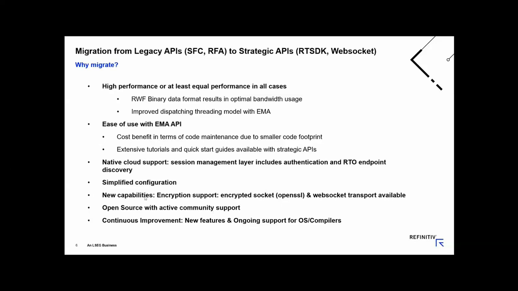Of course, there's encryption available with RFA as well, but we now have encryption available with OpenSSL, that works on Linux and Windows. And when you are connecting to a load balancer, let's say in AWS, you want to use that rather than the WinINet connection that's available with RFA, because the WinINet actually makes two separate connections, which could be load balanced off to a different provider side. So this is critical for you to move to the cloud.